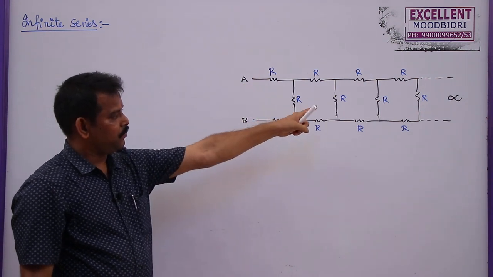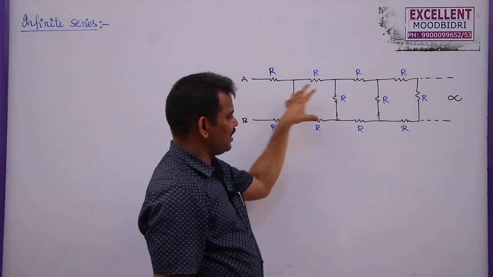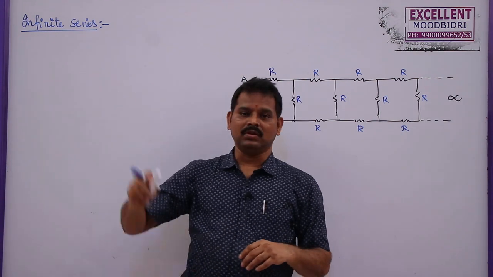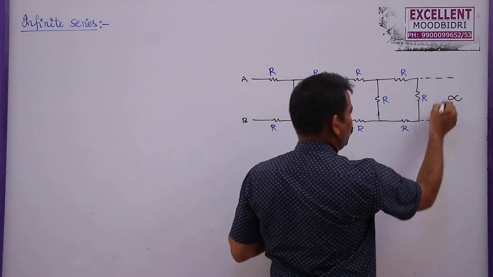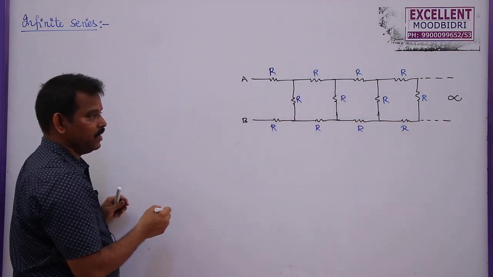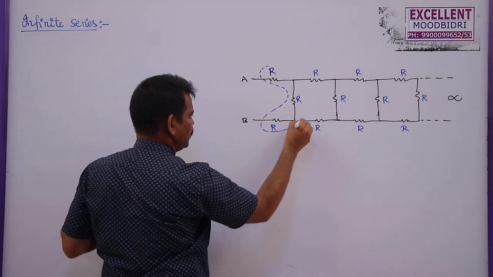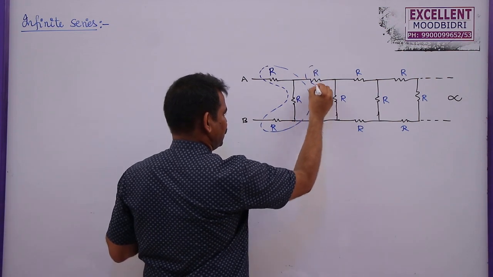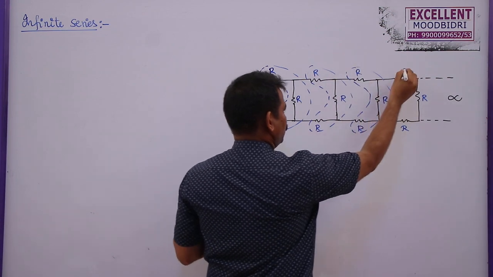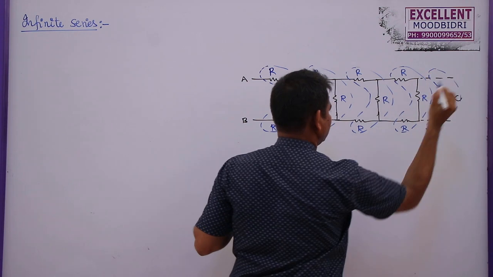So, how many branches are here? There are a lot of branches in this one. This is just like a ladder. In some books it is given as a ladder circuit, or in some books as an infinite circuit. So now there are so many links here, just like a chain. Whenever this type of problem is given, you can see this is the first link in this one. After that the second link is also similar to this one. Third link is also similar to this one. Fourth link is similar to this one. So there are so many links like this in this infinite series.